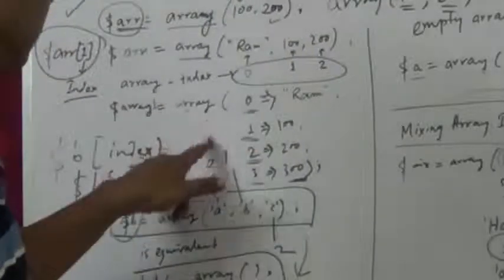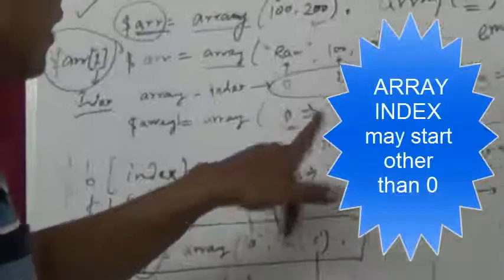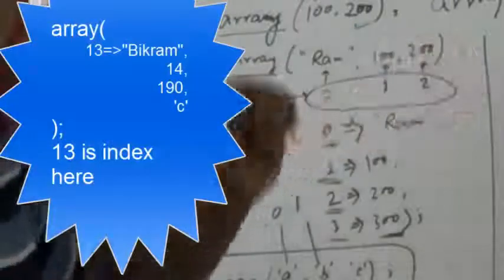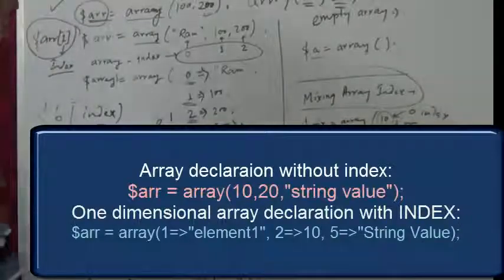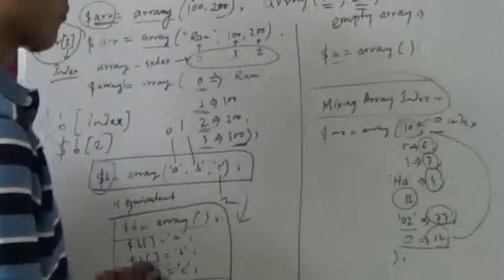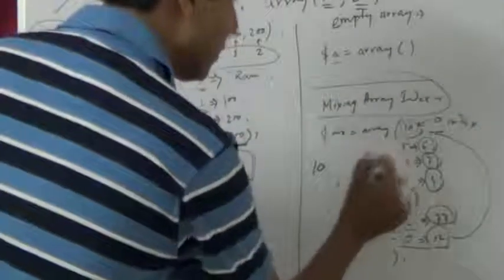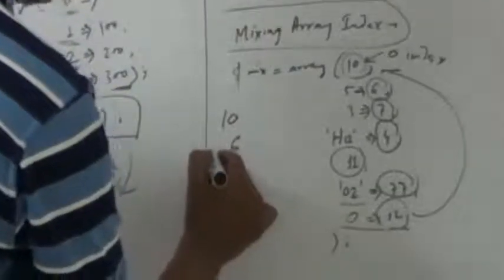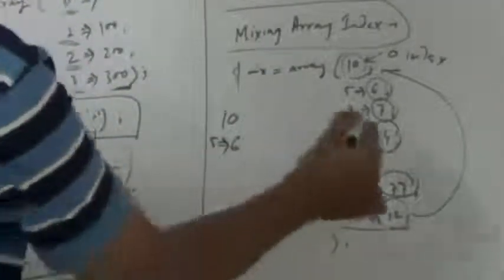Like which way? Here. You have to write array, this is the array key and this is the value. These are called array elements, and these are called keys or array index. Here index 0, 1, 2, 3, this is done automatically. Also you can assign them manually like this way or this way. Here I have written the index or array key in a different way. Here the first element is 10, the second element is 6 and array index 5. Third element 7, array index 3.